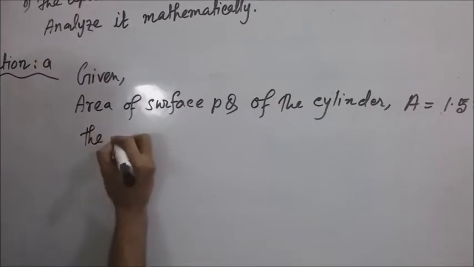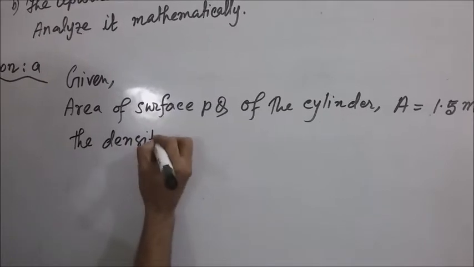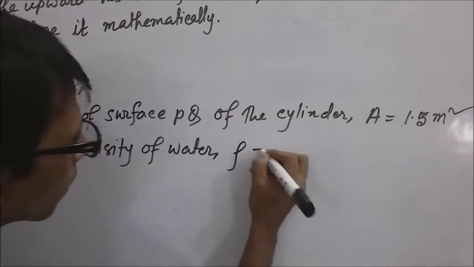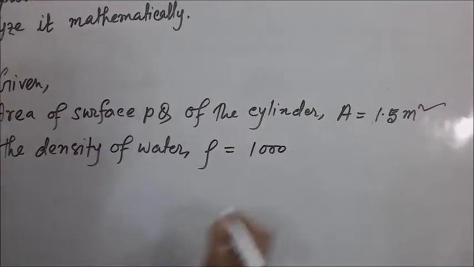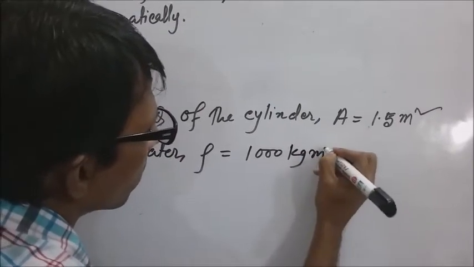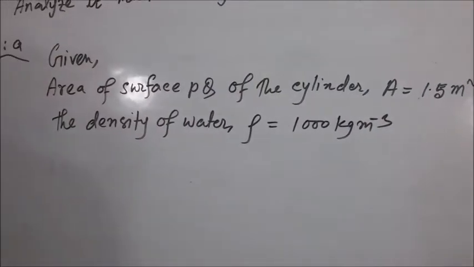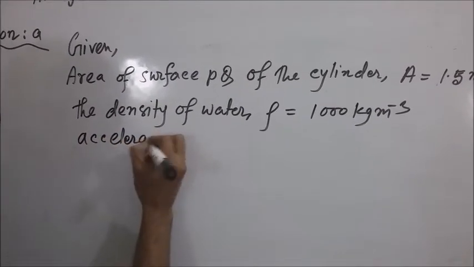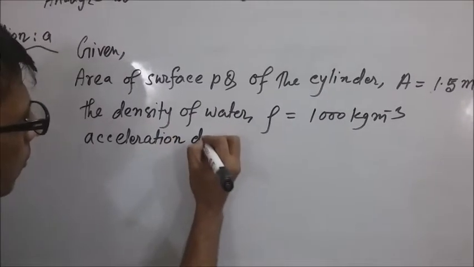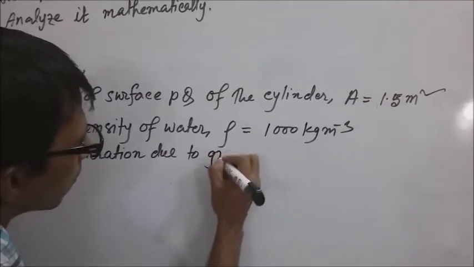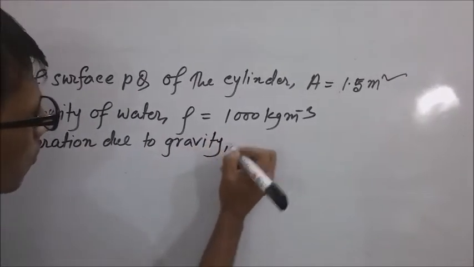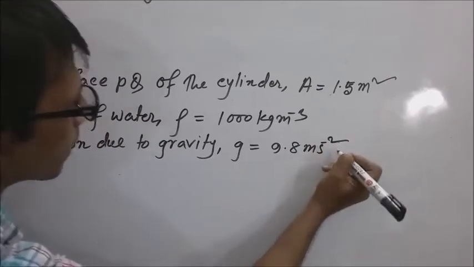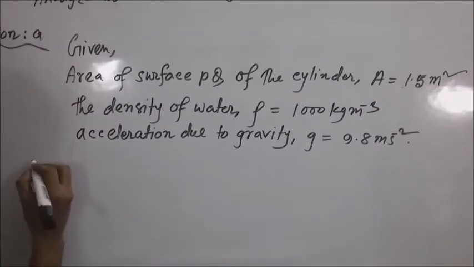The density of water, rho equal to 1000 kg per meter cube. Acceleration due to gravity, G equal to 9.8 meter per second square. From figure,